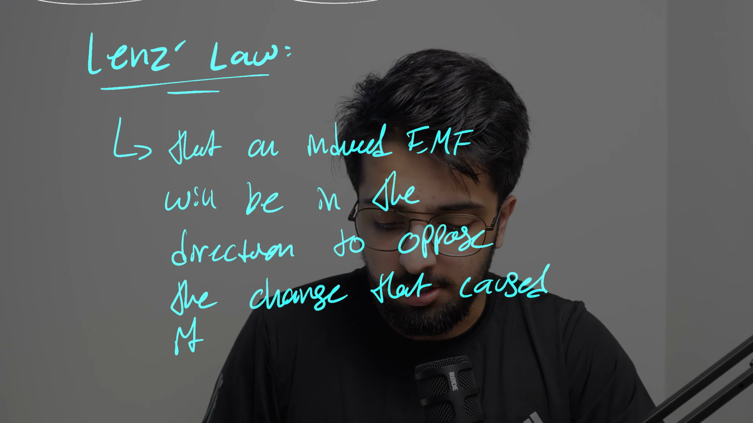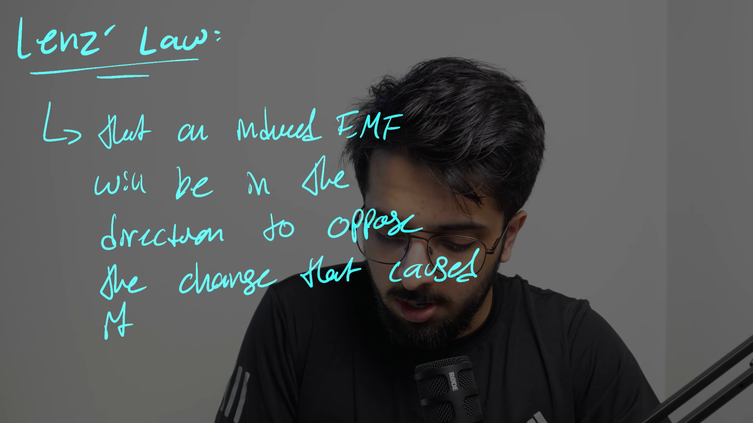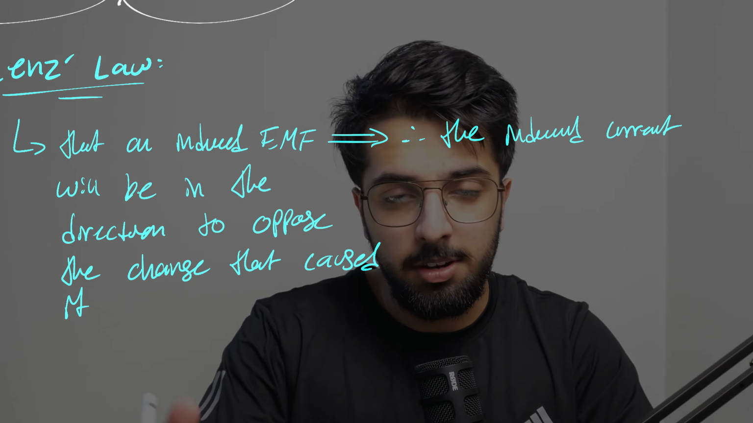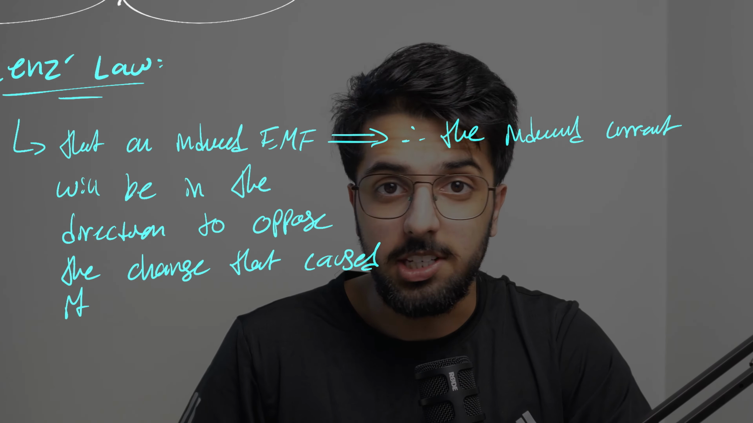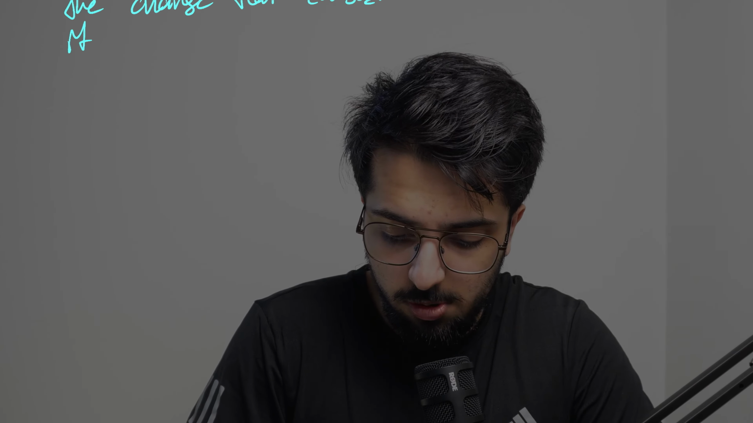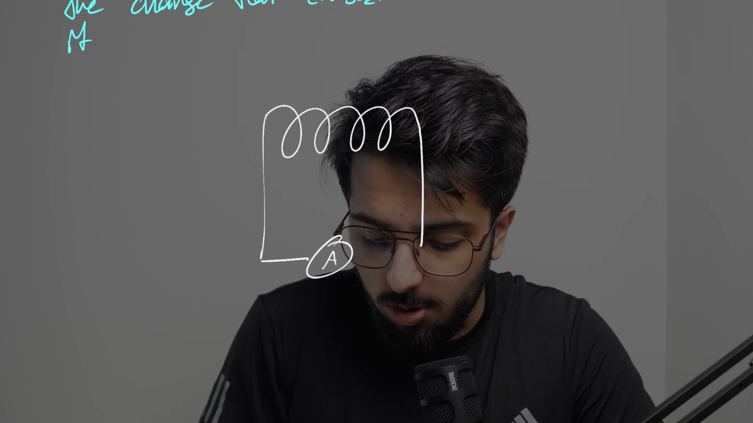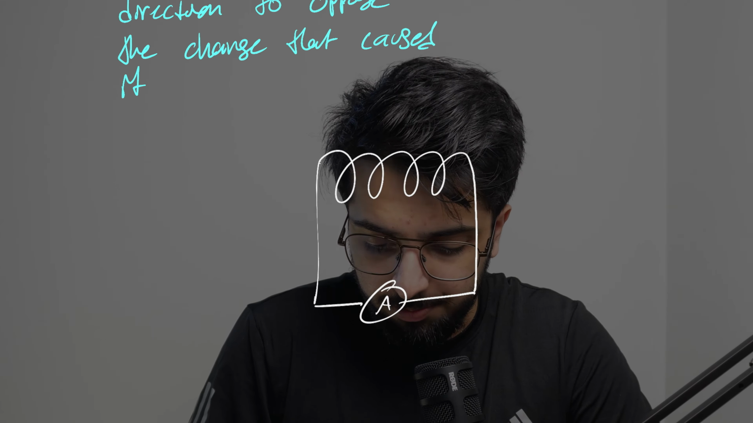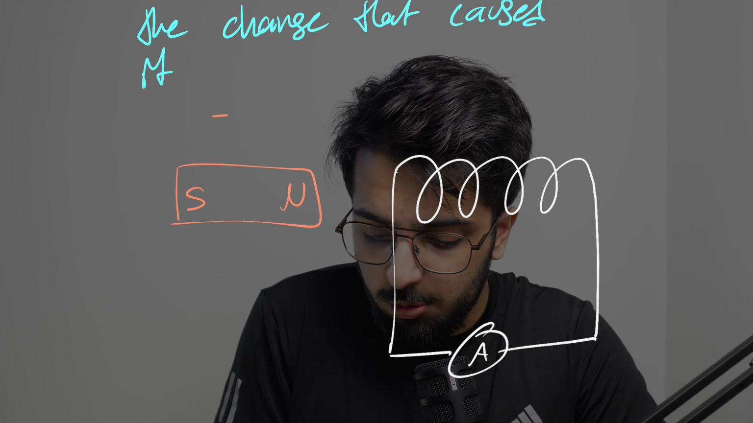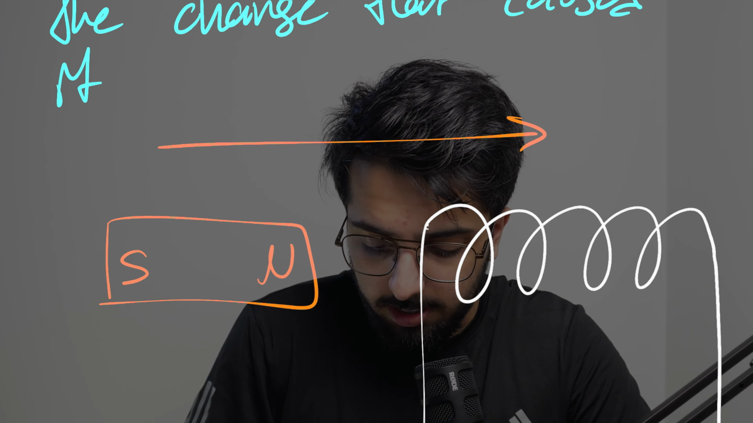And so by extension, because the induced EMF will be in the opposite direction to the change that caused it, we can also say the induced current, because the direction of the EMF will determine the direction of the current flow, okay? And so what Lenz's law is essentially saying is that if we have a coil over here, and then we can apply an ammeter right over here so we can measure the current, and we were to have a bar magnet with a north pole here and a south pole here, and if we were to push this bar magnet through the coil,